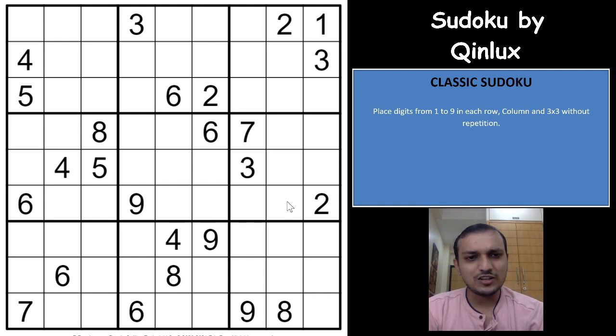Now this Sudoku has been constructed by Kinlux, and we have had many Sudokus in the past by this author, and usually Sudokus by this author are really excellent, and they used to be just one stepper logic kind of thing, or something where the author's intended logic would have to be used in it, right? So the same thing goes with this Sudoku, I hope, and let's see if you are able to solve this Sudoku or not.